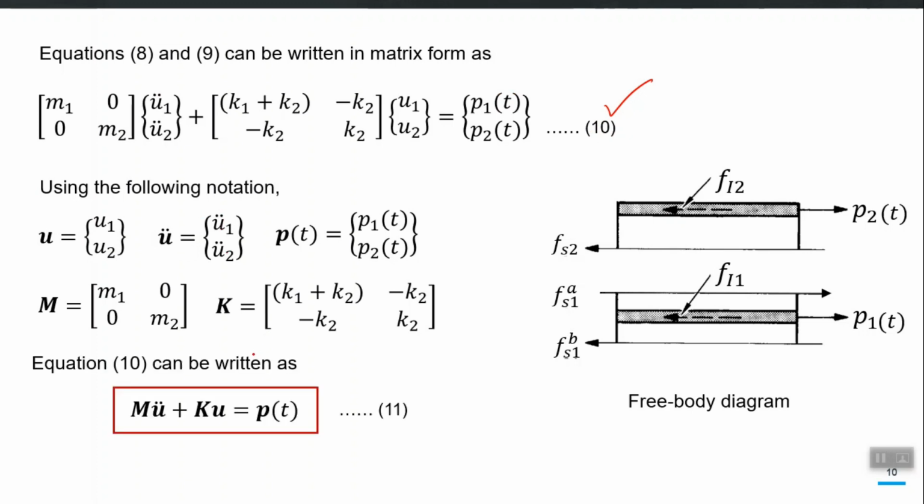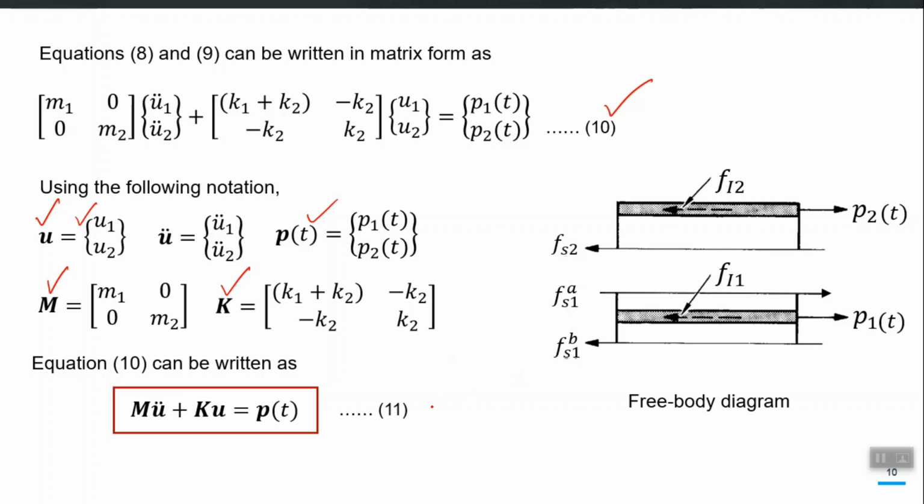We can also represent this as the mass matrix times the acceleration vector plus the k matrix times the displacement vector is equal to the applied loading vector, the p vector, right. So u is now a vector represented by a bold symbol. So the u vector is actually this vector, the u double dot vector is the story accelerations, these are the story displacements, and these are the story forces, the applied forces. This is the mass matrix of the structure and the K matrix of the structure, right.